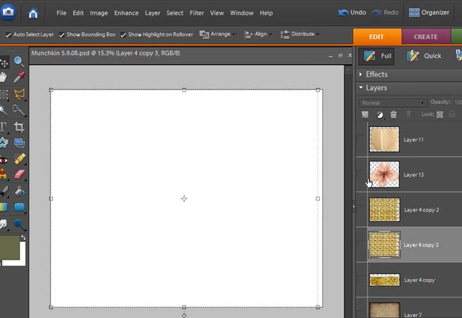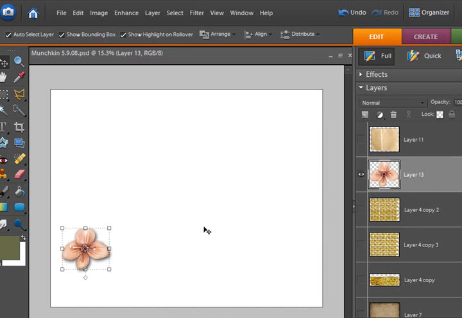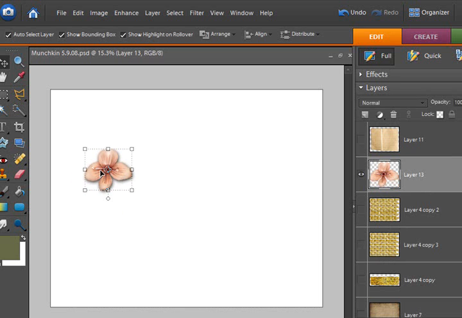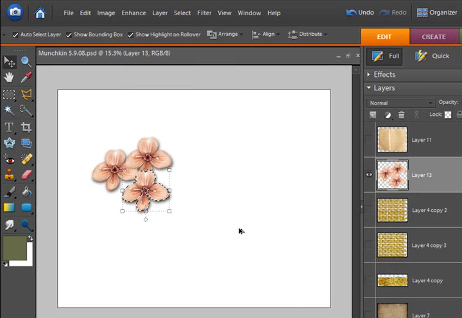I'm going to go ahead and let's grab this flower, and I'm just going to move it up so you can see how we can play with it. Let's hold down the control key and click on the layer with the flower. Now I'm going to hold down my alt key and just duplicate that flower. Now this is really handy